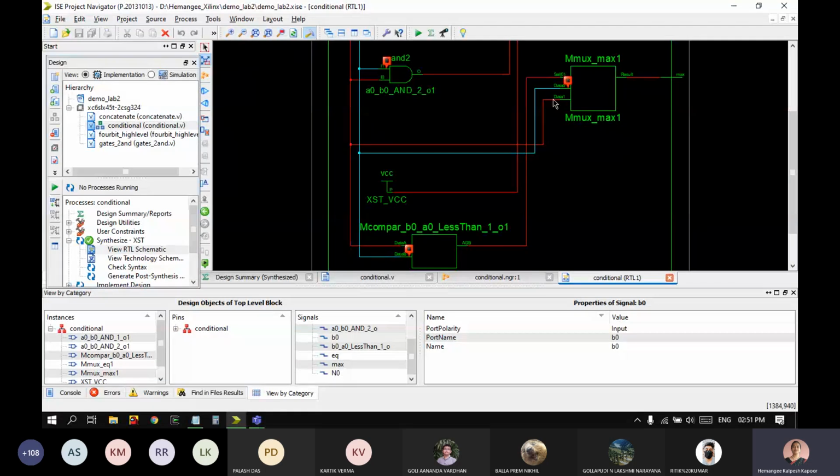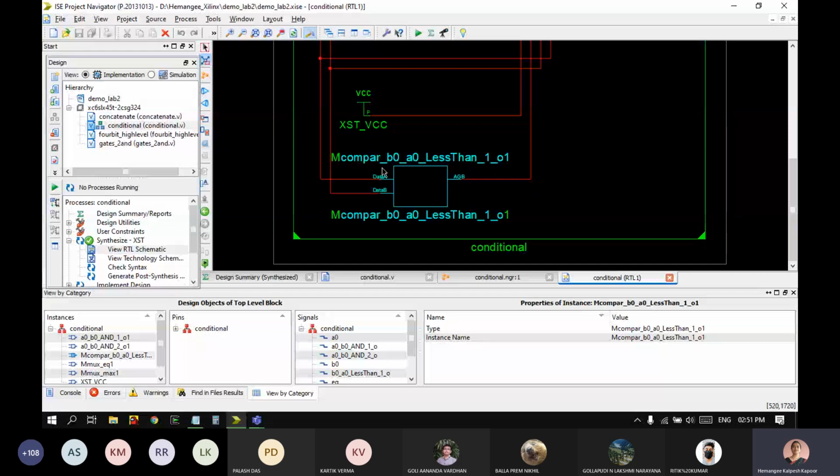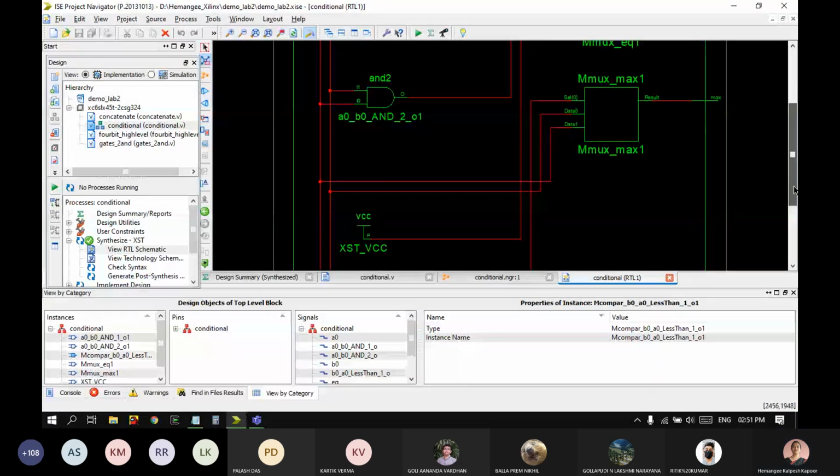The select input is going to choose between A and B, depending on which one is bigger, and that's this blue line currently, which you can see. This is a select line of the mux that is coming from a comparator which checks data A and B. It checks which is bigger or which is less, and then accordingly sends an output to the mux, which is its select line.